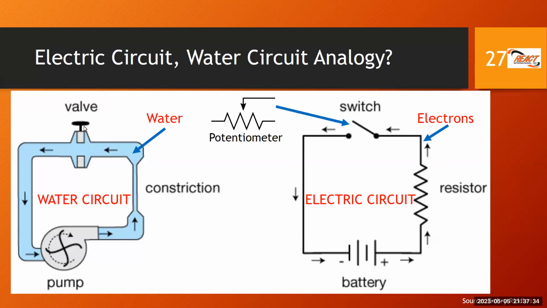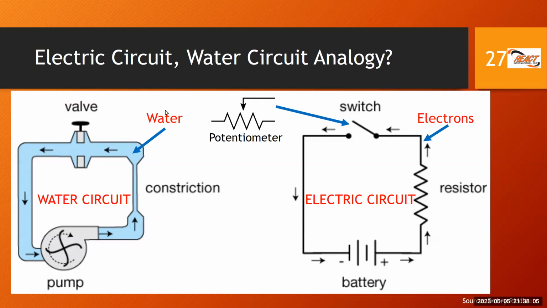But a valve is usually something that could be completely shut off, where no water will flow in the water circuit. When you crack it open a little way, a little bit of water will flow. And when you have it all the way open, full breach, all of the water, maximum flow will occur. And the question with the switch is either all or nothing. It was either closed or open, or on or off. So now that we have learned what a potentiometer is, or a variable resistor, we just put back up this circuit here